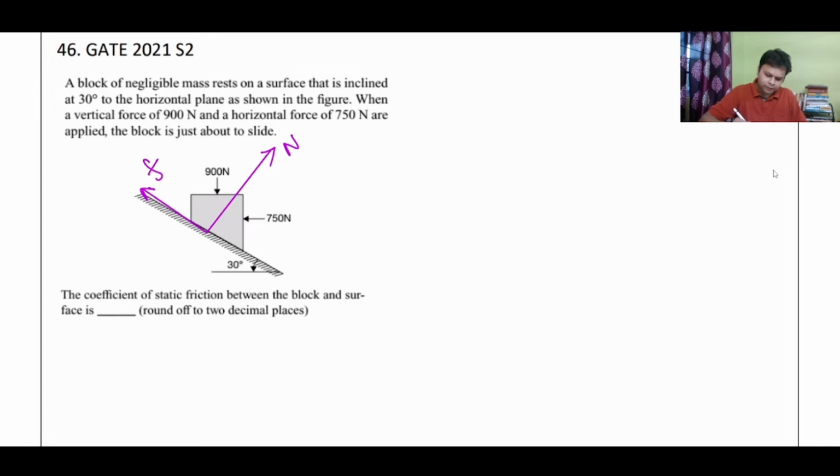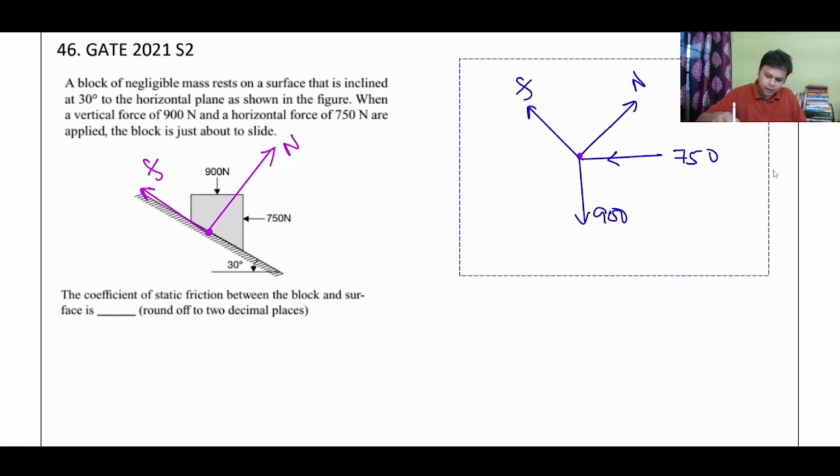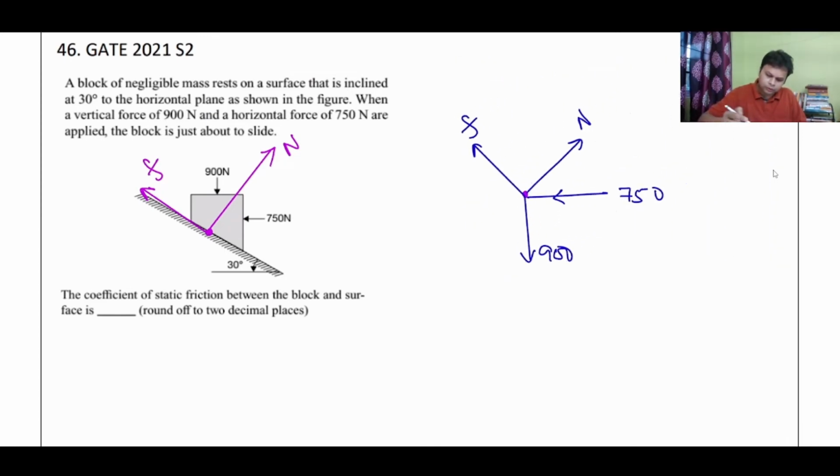So while drawing the FBD, I'll do a little bit of change. I'll simply change the direction of the force a little bit for my convenience. So this is the normal reaction N. This is the friction force F, right? And then you have the 750 Newton in this direction, and 900 Newton. I'm just bringing it down, right? The direction is same, just bringing it down because it will be a little bit easier for me to resolve. What I'm going to do is I'll resolve the forces in